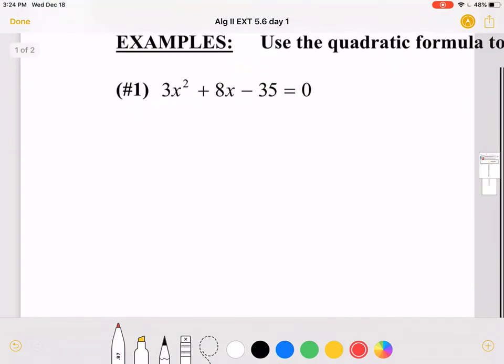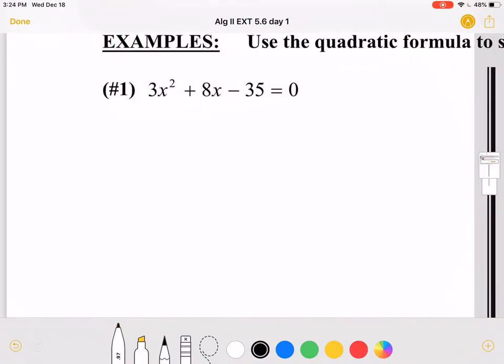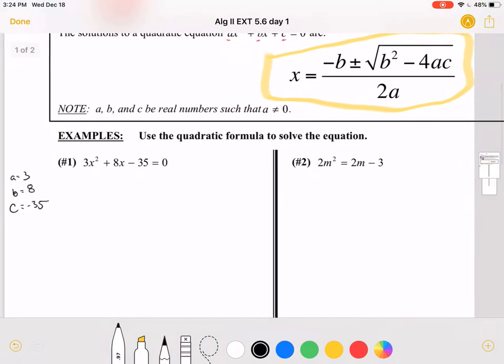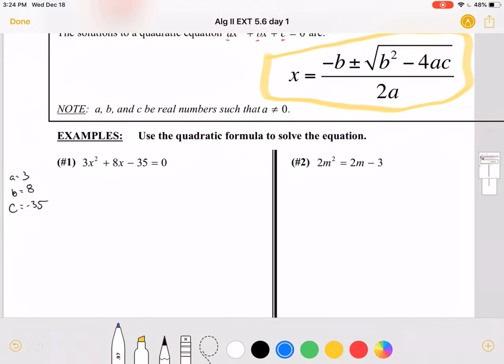One thing I keep in mind is that the sign goes with your a, b, or c value. For example, in this first one, the number attached to the x squared is 3, so my a value is 3. The number attached to just the x, the b value, is a positive 8, but we just write 8 because we don't write plus 8. My c value on the end has a negative sign, so my c value is negative 35. Now, when we plug this into the quadratic formula, it's the opposite of b. My b value is 8, but we want the opposite of 8, which is negative 8, plus or minus